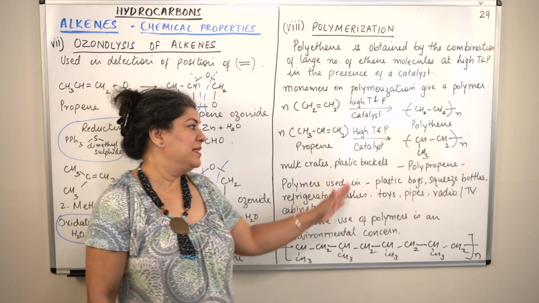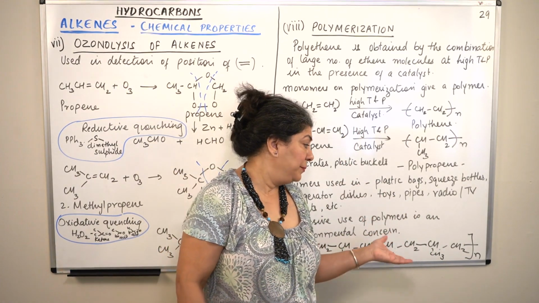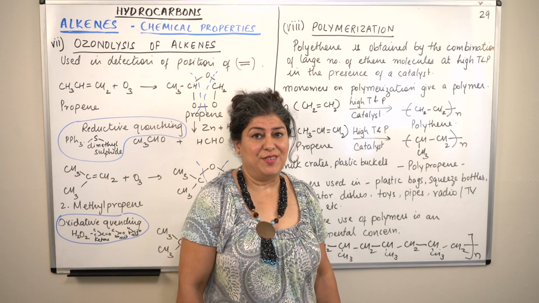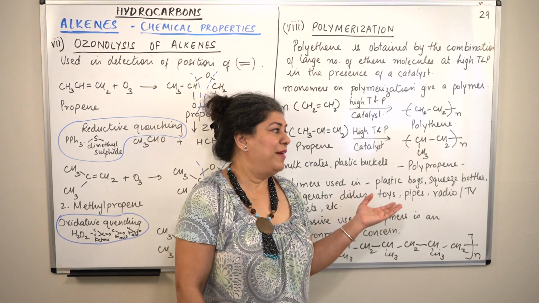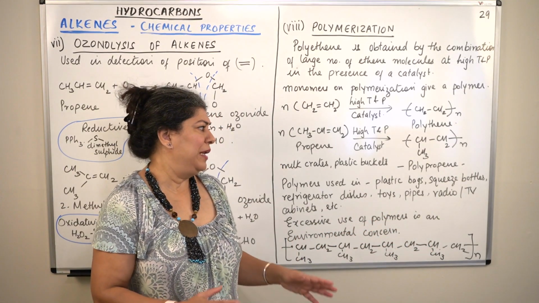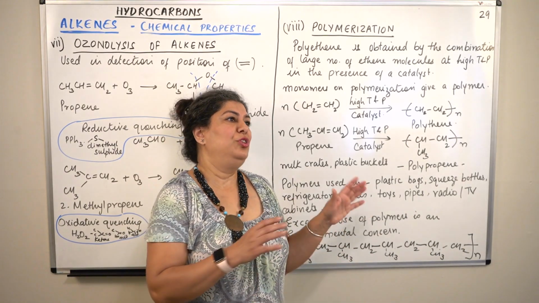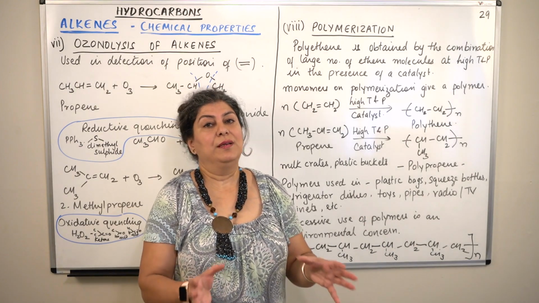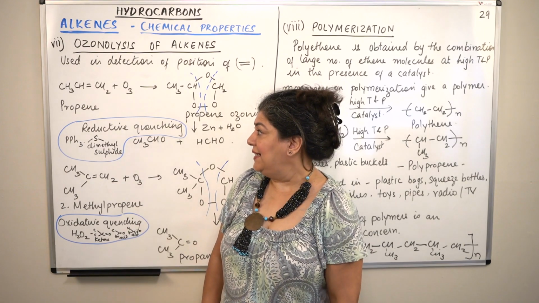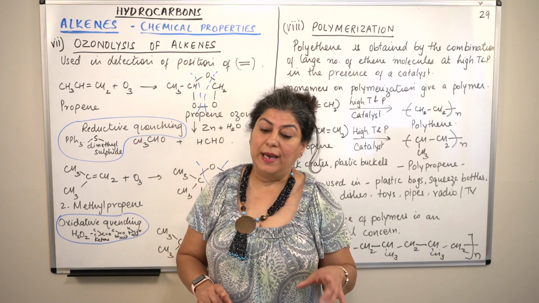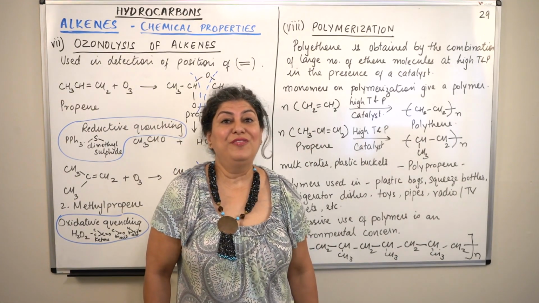If we learn to do that, ever since we discovered plastics or we invented them, life has become much easier. They are cheaper, they are sturdier, they are colorful. So they have added a lot to the quality of life. So you cannot imagine life without plastics, but we have to imagine how to not harm our environment even if we are using them. So these were the chemical properties of alkenes. In the next video, I'll be doing a few numerical problems that are based on ozonolysis of alkenes.